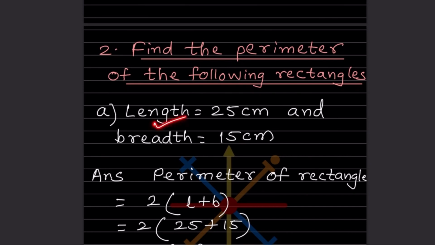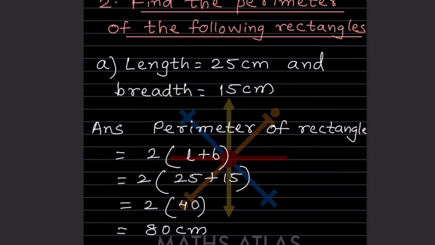Now find the perimeter of the following rectangles. Again here the length and the breadth are given. Here there is no figure given, but directly the length and the breadth are given, and you know the perimeter of a rectangle is twice into